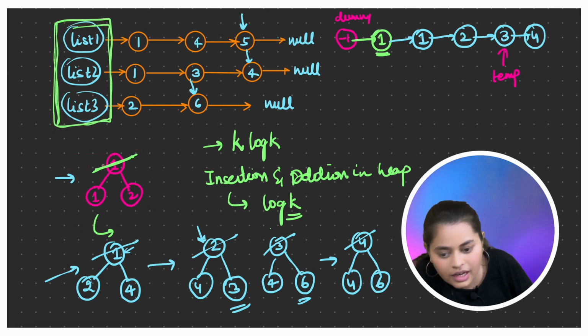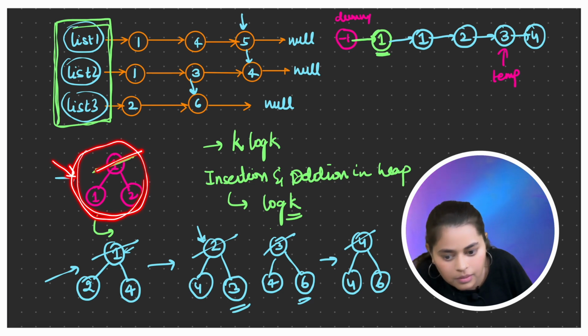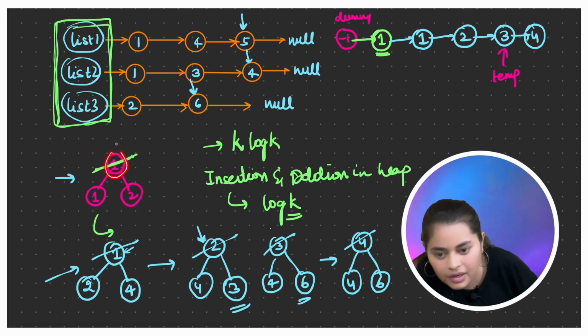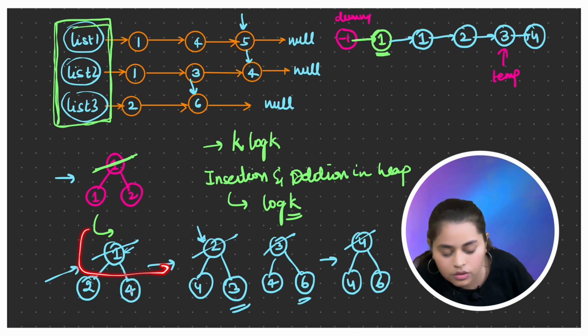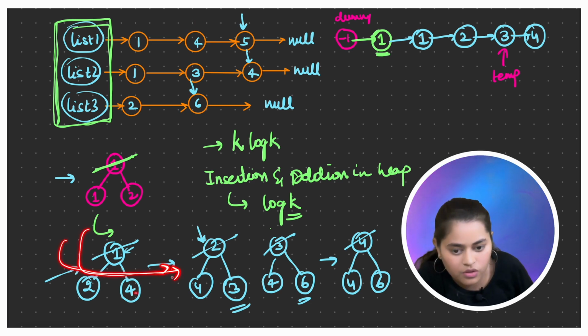And after that, every time we are accessing the min heap, we are popping the top element, which is the minimum element, we are adding it to our list, and then we are incrementing the corresponding pointer to the next pointer. Because we have already processed this one, we'll move the pointer one position ahead, and we'll again perform the same process, right?